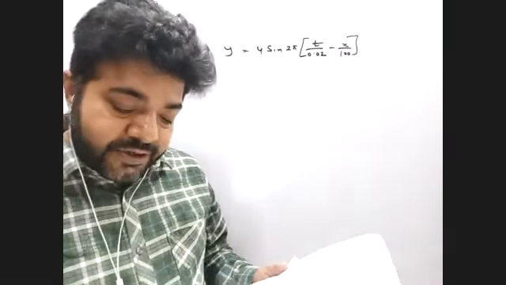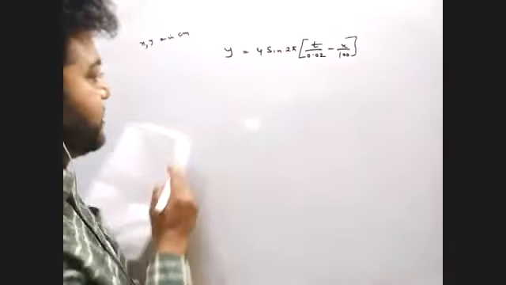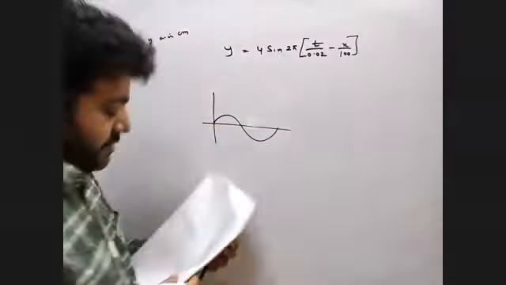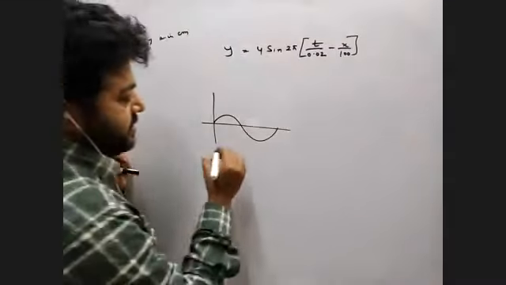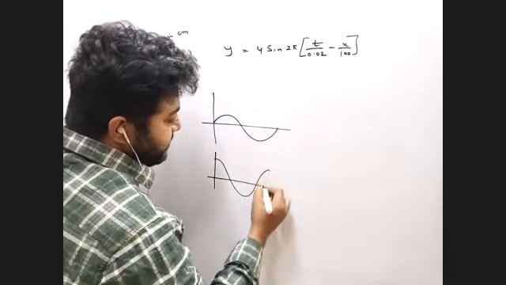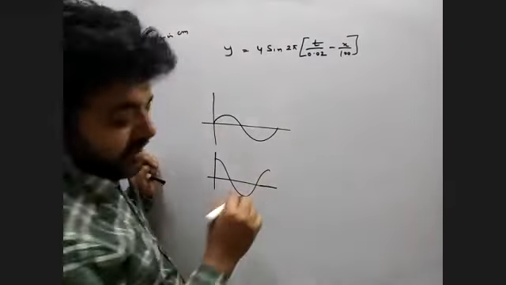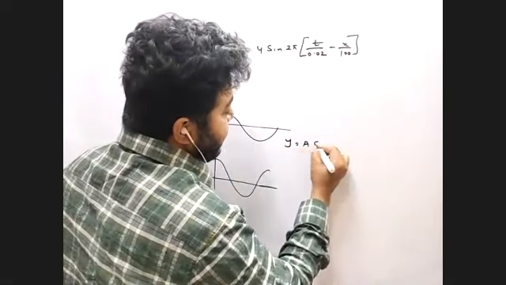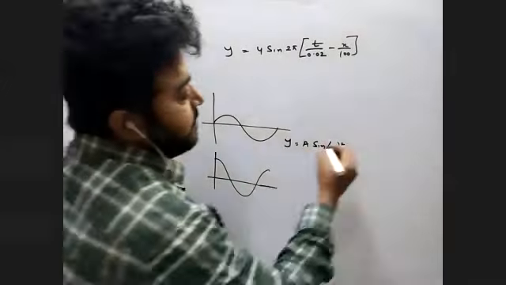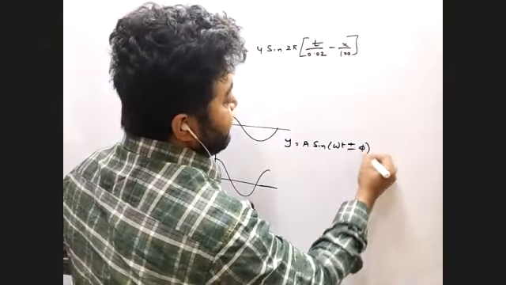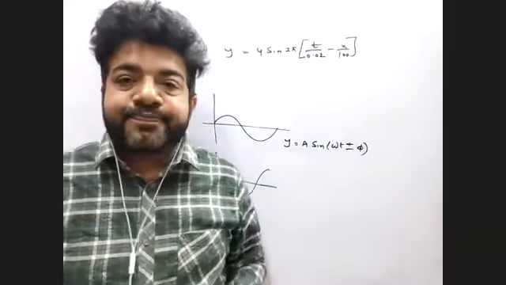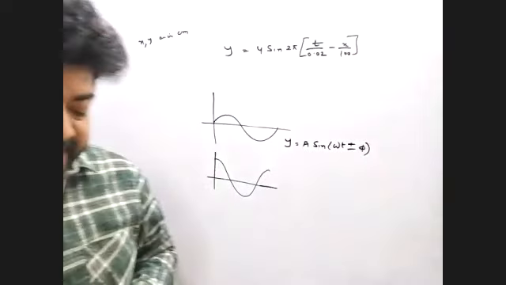So whenever you start this type of question, first I would like to explain how you solve this type of question. If you write any equation like this, that means it's a sine. If you write this form, that means it's a cos. So we can write, suppose, y equals a sine (omega t plus or minus phi), they can give you lead or lag with the angle phi. That phi is called the phase angle.